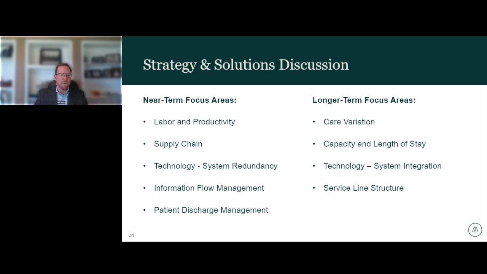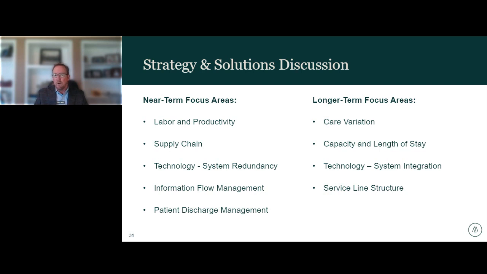Another example in the supply chain involves some of the more basic stuff like standardizing purchasing strategies and renegotiating with vendors. But as you think of that notion of care variation and focus on the service specific standardization, like order sets and clinical care pathways, you also have to involve the specialists in decisions around supplies. You can encounter some pretty strong resistance, as anybody who's dealt with this topic before would tell you, in terms of driving solutions in those areas. But it's important in terms of eliminating waste and improving quality, to be quite honest.